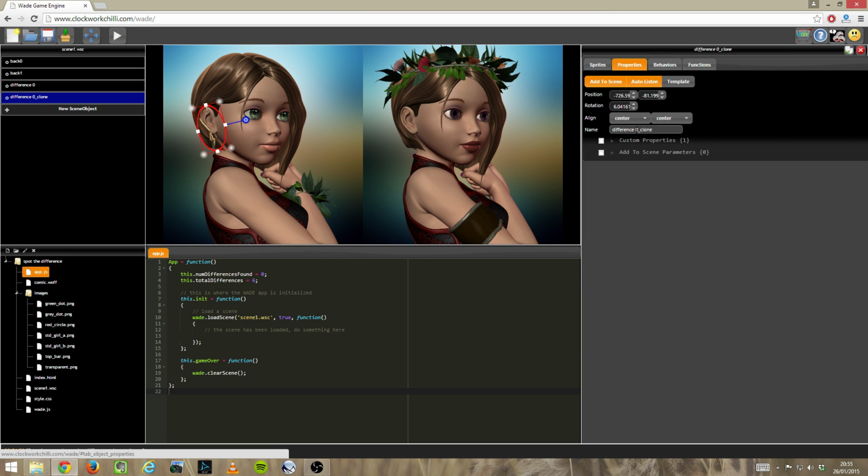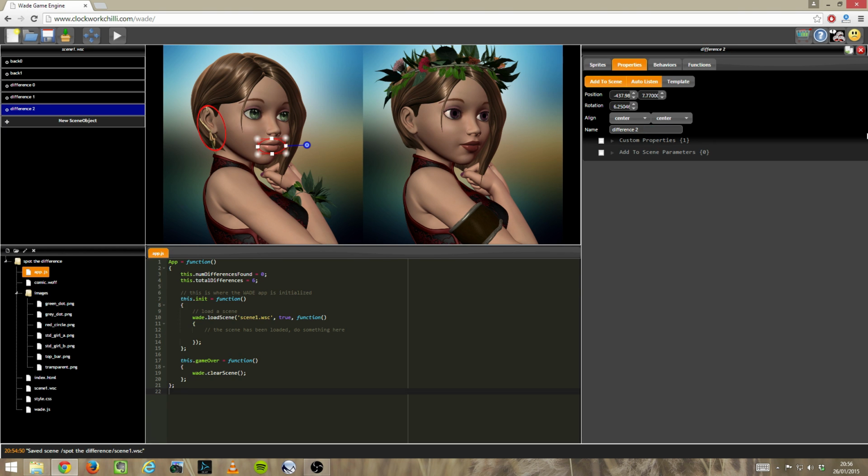I'm going to call this clone difference 1, and I'm also going to position it somewhere appropriate so the lips are different. So maybe I'll just place it here, and then I'm going to create another clone